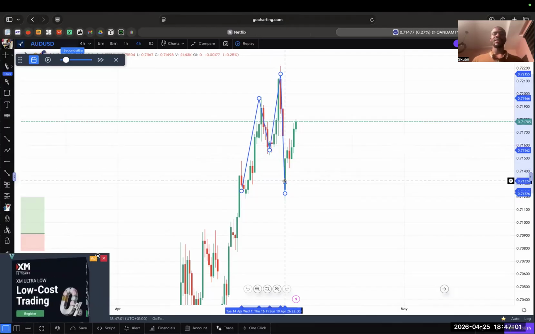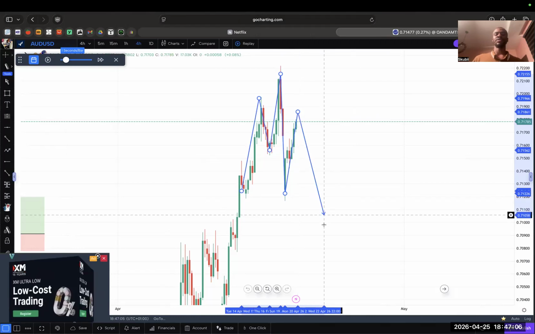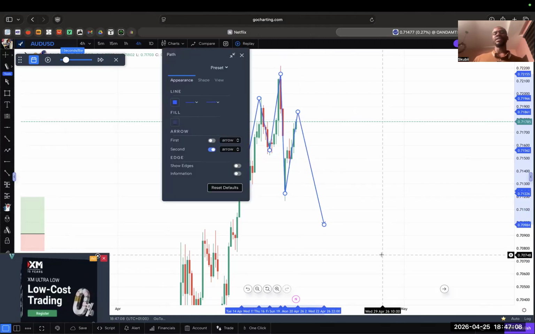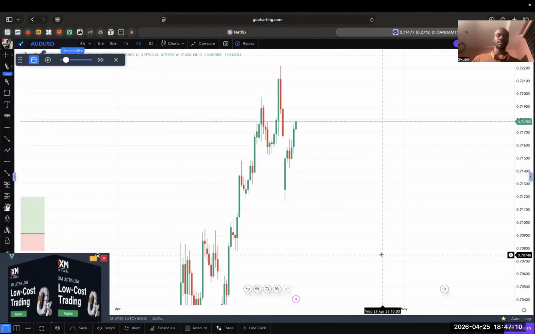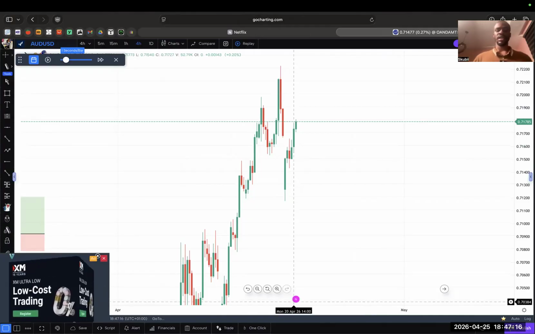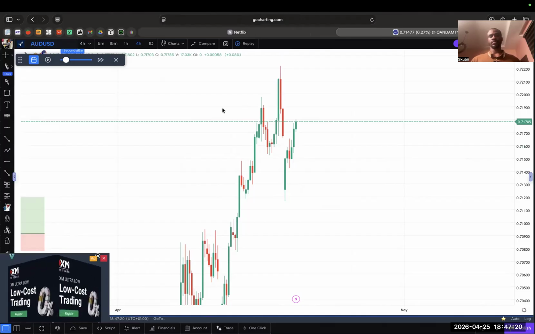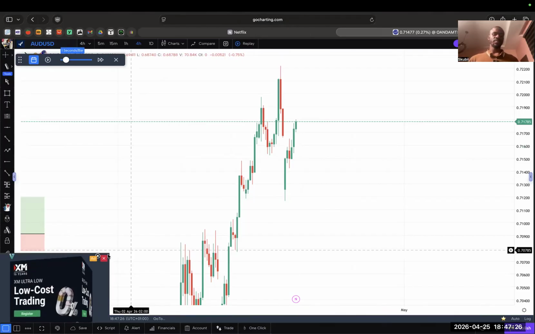Do you get? We saw that the market started retracing back to the upside, so we're looking at price stopping and then continuing to the downside. But then we had to break this down to the 1 hour time frame. Are you guys paying attention? Are you guys with me? If you're with me, just drop emojis in the chat box so I know that you guys are with me. Okay, good, good. So let's continue.